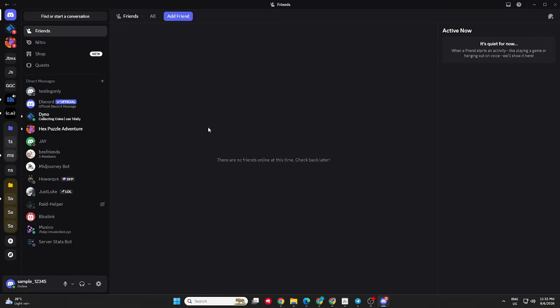Discord includes built-in invite management tools that allow you to view important details about every active invite. You can see who created each invite link, how many times it has been used, and whether it has an expiration date. This information is especially useful for community managers, moderators, and anyone who wants to keep their server organized